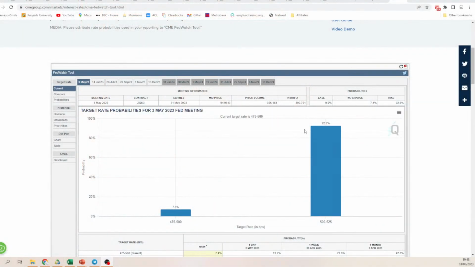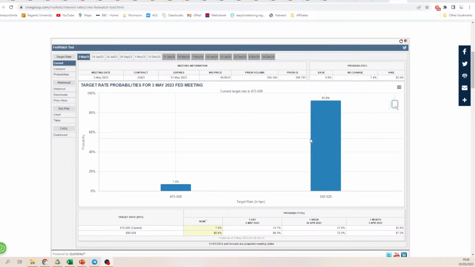People were expecting it. There's a great tool on the CME which predicts the likelihood of an interest rate rise. Let's see, I wonder if I can find it for you. It's called the CME FedWatch tool, and essentially it's an algorithm calculating the likelihood of the event happening.